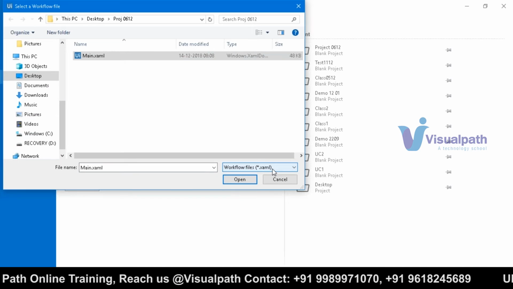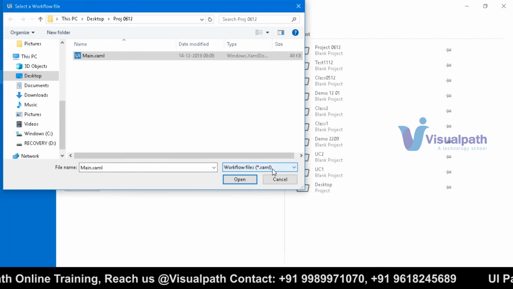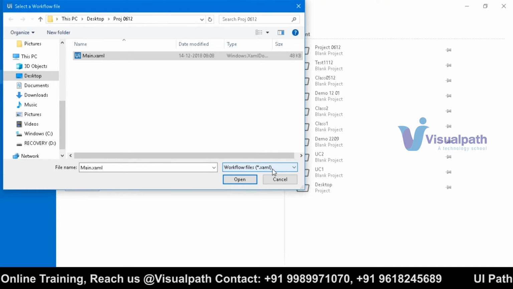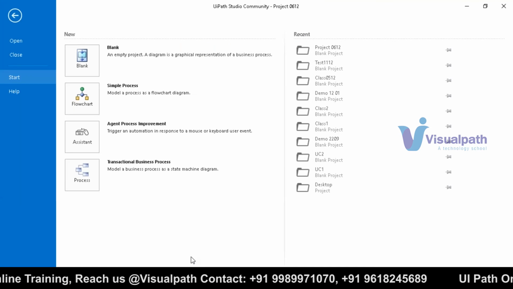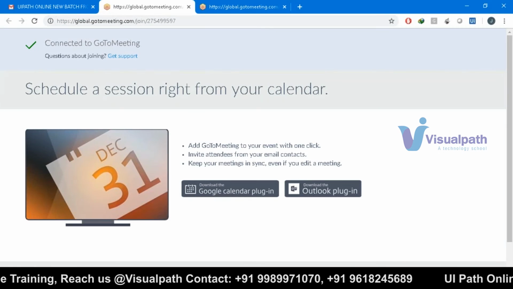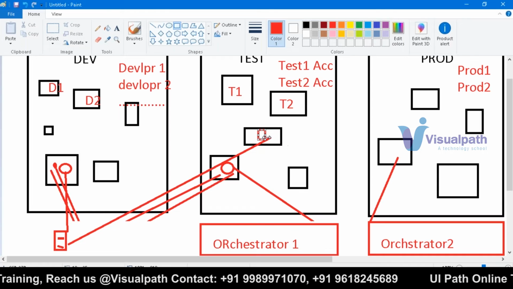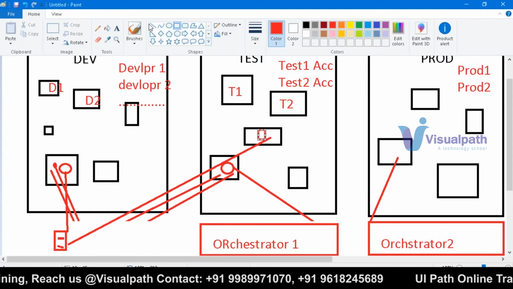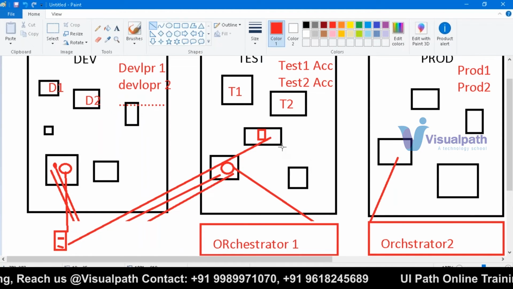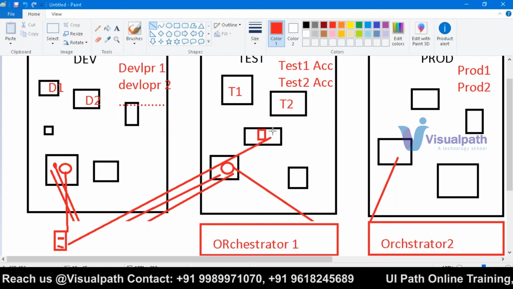All I have to do is go to a different machine and click on open. That's how I'll be able to share the code with you guys as well. So they physically transport the file to the test environment, and from the test environment they publish to the orchestrator and run in any of the servers. Once it is done, again they physically transport the file to the